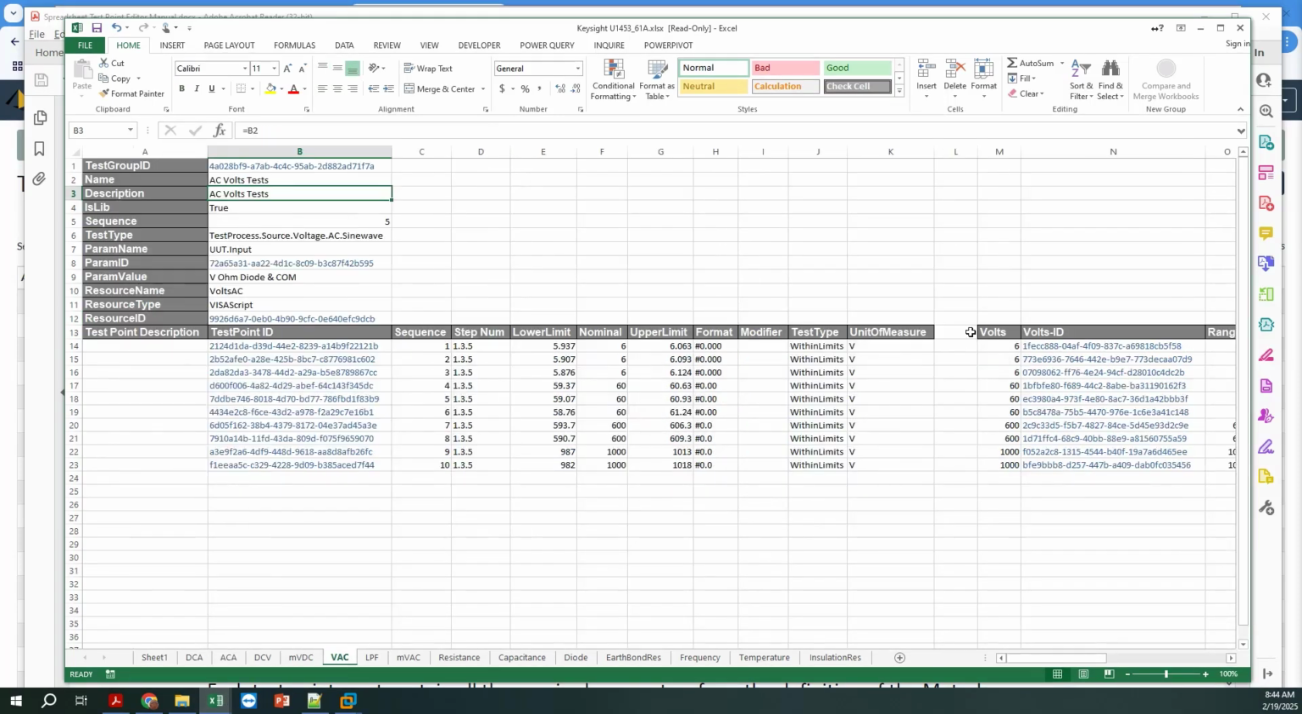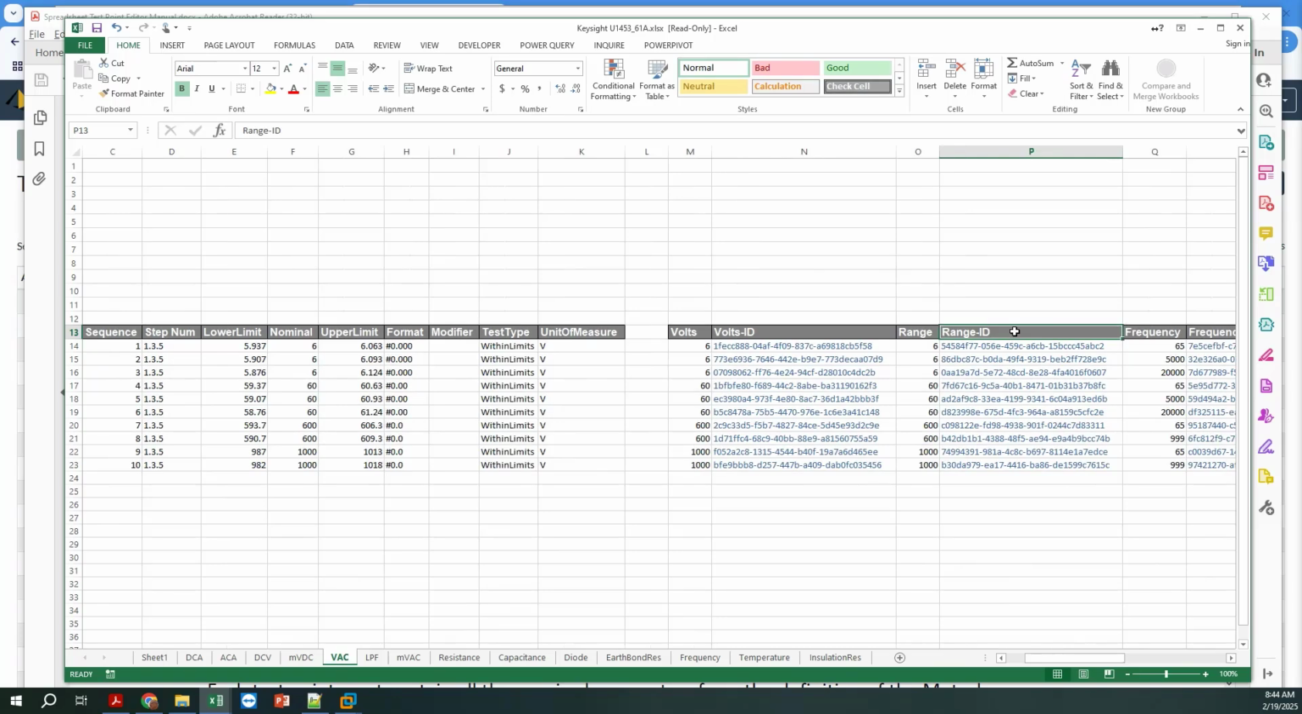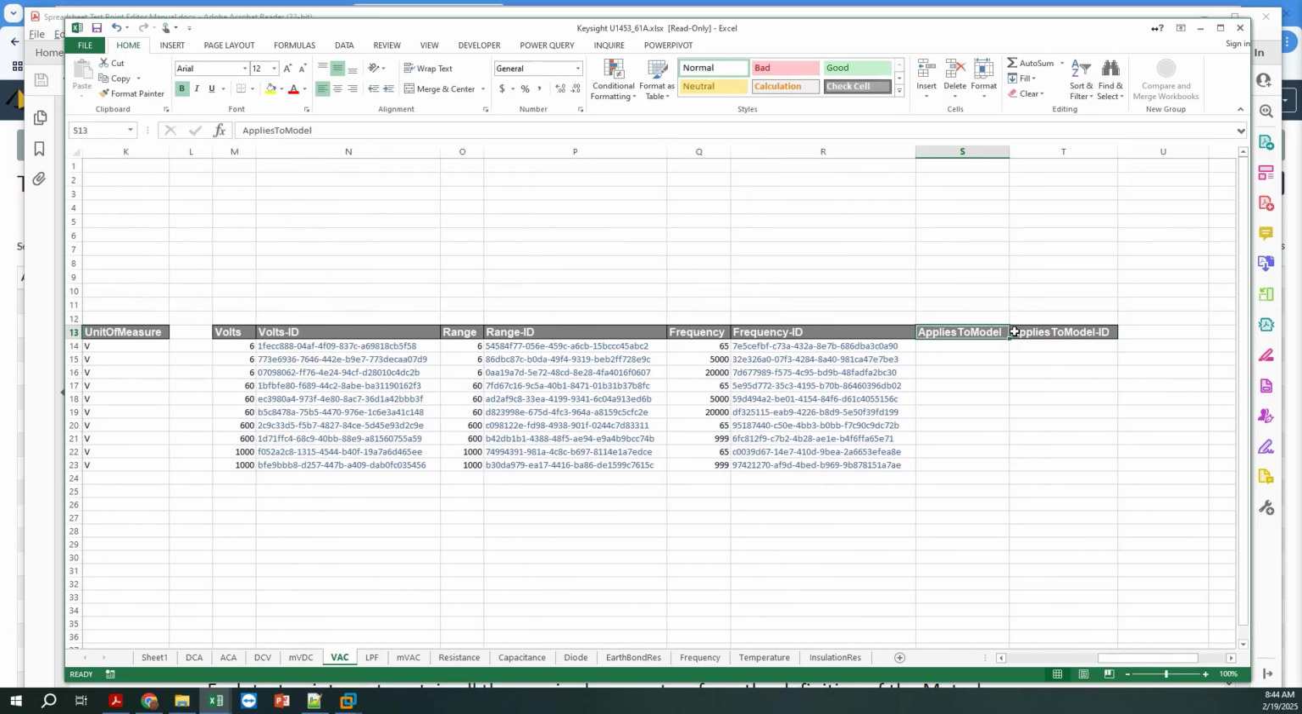When we look at AC volts, we've got our voltage, our range, frequency, and then here we've got an applies to model that I should delete because we're not using it. If there's no data in here, it won't upload it, and then it will only upload it where it sees the data. So another thing that we have added,